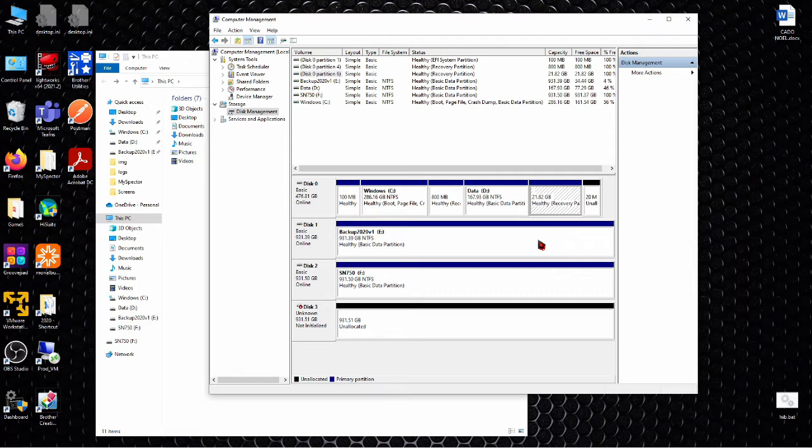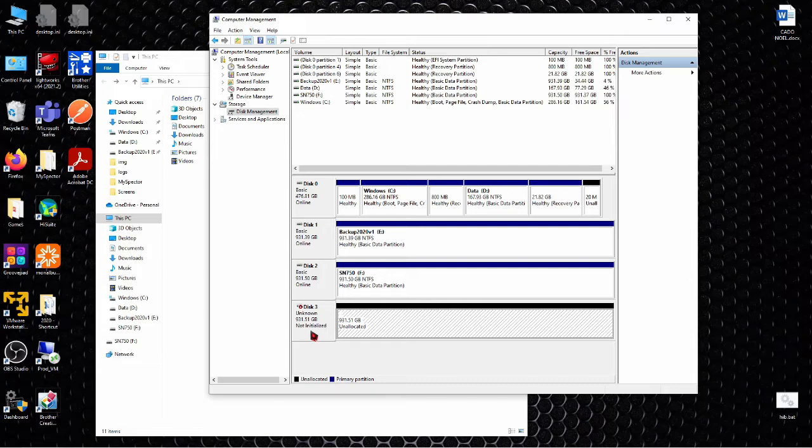I do not need these two partitions. So to do so, I'm going to create a system image with the Windows internal tools. And the problem of this tool is that it requires a full disk to create a system image. You cannot create a system image in a single file, but only to a dedicated disk.